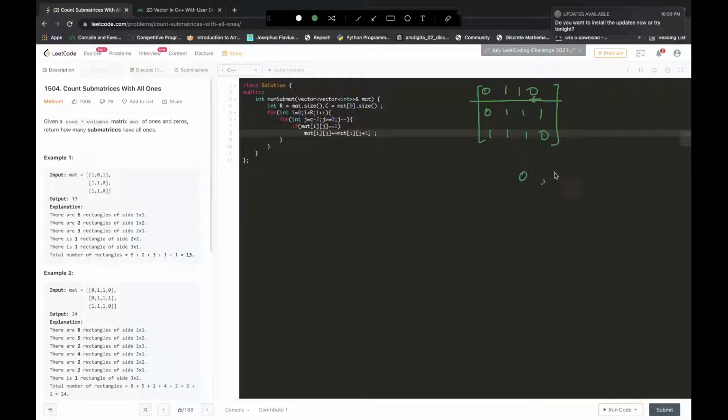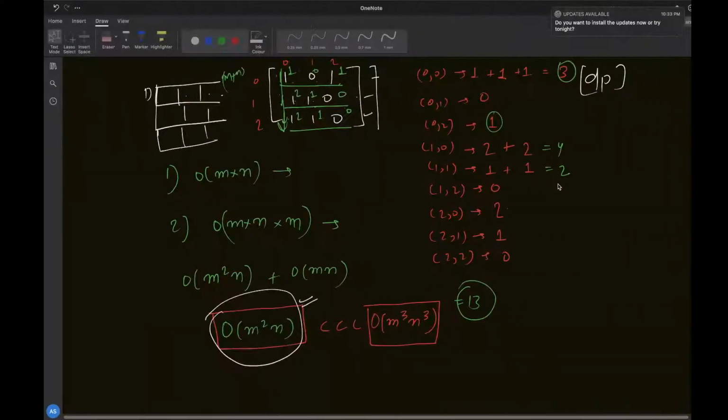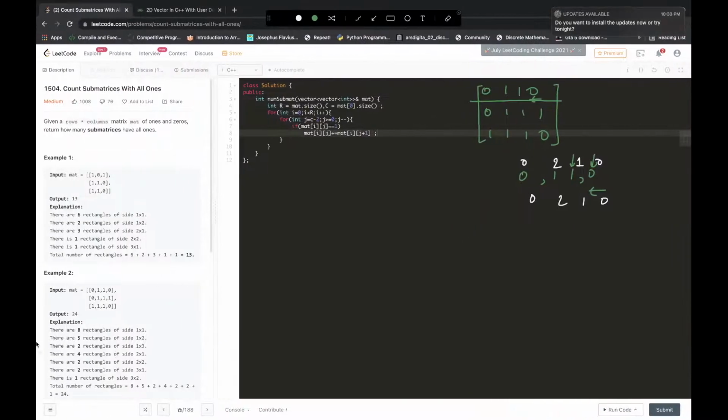If we have 0 1 1 0, we start from the last element, which is 0. Then if it is 1, its value is 1 plus the value on the right side. Right side is 0, so 1 plus 0 will be 1. Here 1 plus the right side, which is now 1, will be 2, and then 0 will be 0 only. So it will be 0 2 1 0.